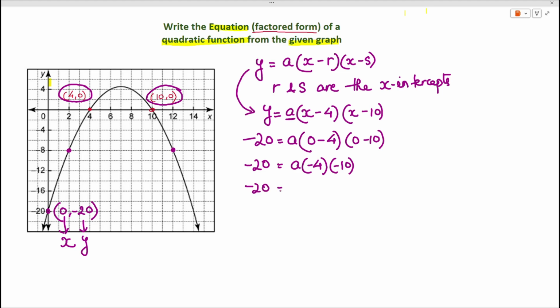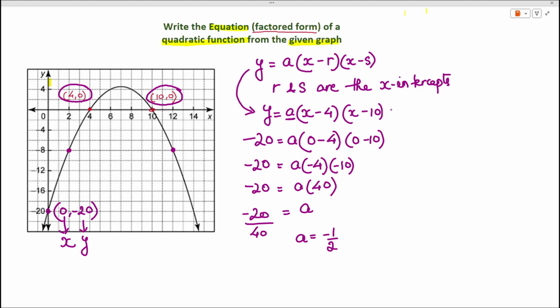So -20 is equal to a times -4 times -10, which is 40. To find the value of a, we'll divide both sides by 40. So this becomes -20 divided by 40, and here we get the value of a as